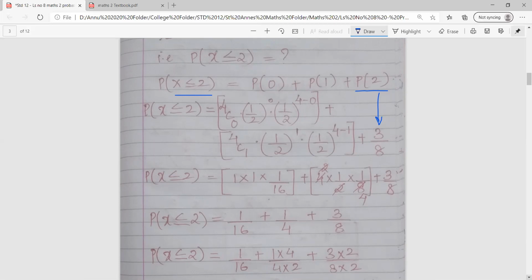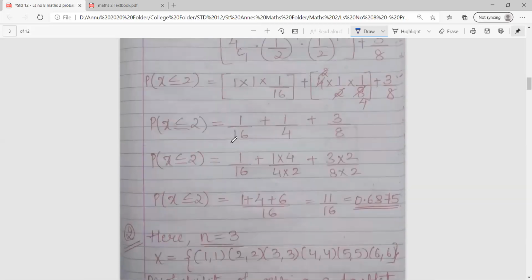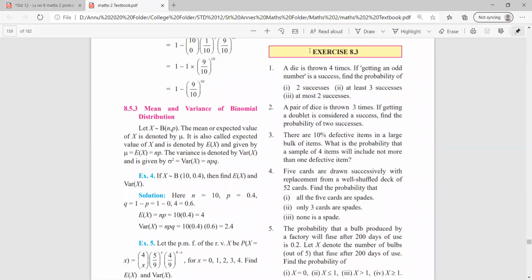So similarly, as you can see, the denominators are different. So first we'll make the denominators same. So 4 2s will give you 16 and 8 2s will give you 16. So I've multiplied on both numerator as well as the denominator. Sorry, 4 4s are 16. By mistake I've written 2. So 1 plus 4 plus 6 will give you 11. Divide by 16, you get the answer 0.6875. So I hope class, the first sum is clear to you all. How to solve the very first sum.